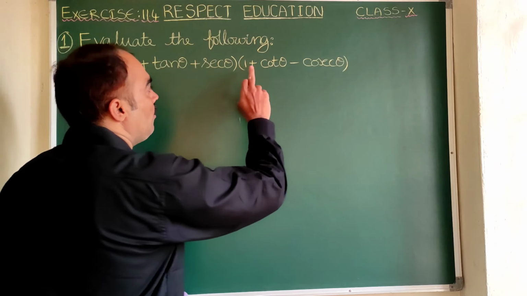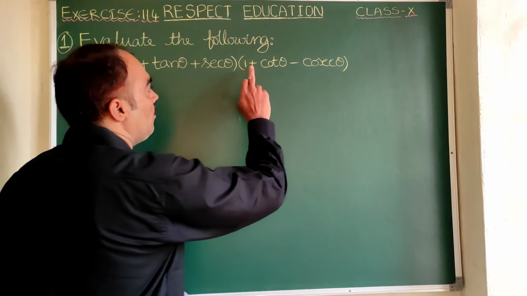Now here we can take LCM. Here you see it is 1 by nothing, means we can write 1 by 1. Do you understand what is the LCM for 1 and cos theta? Cos theta. So let us take cos theta as the LCM. As it does not have denominator cos theta, we should multiply: 1 into cos theta is cos theta. Plus, since the denominators are equal, we can write the numerator the same, so sin theta. Here also, plus 1 will come.